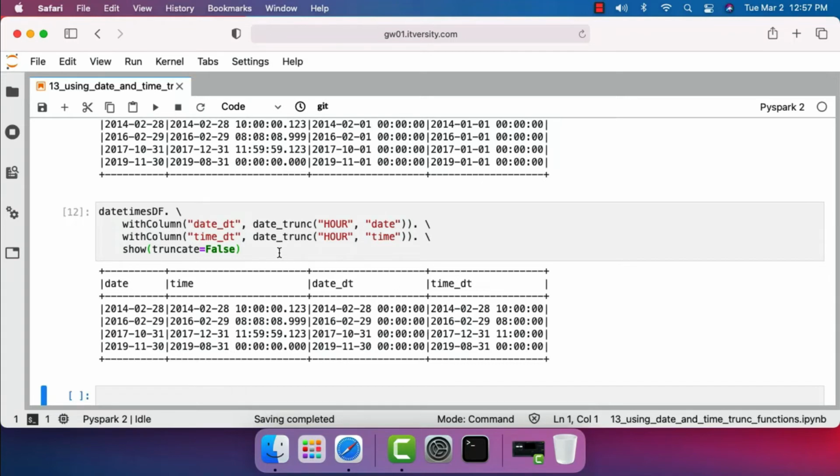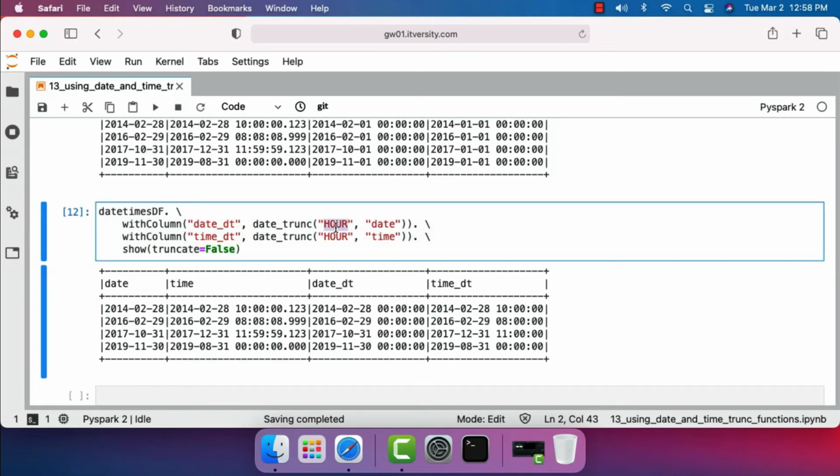When it comes to date_trunc on top of timestamp, it is rounded off to the nearest hour. You can see that this is the time for this record, and you can see that it is rounded off to 10 o'clock. Same is the case with this one. It is at 8:58 and now it is at 8 o'clock after applying date_trunc. Like this, you should be able to specify the format and get the beginning time or date based on the format. You can also get the beginning time of a corresponding day on timestamp. For that, you have to use DD in place of HH, and you should be able to get the beginning time for the given time.